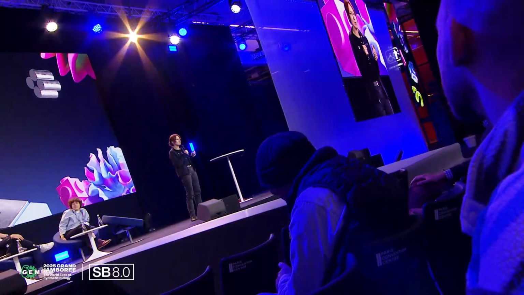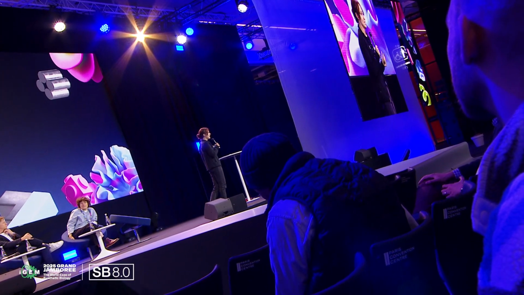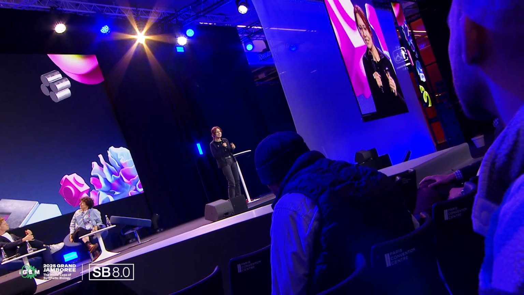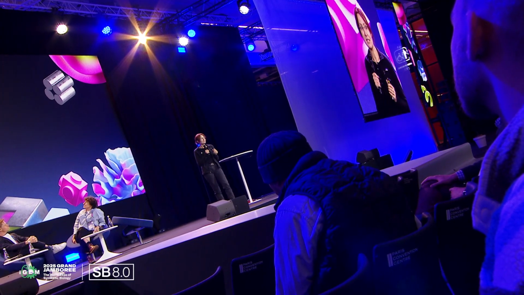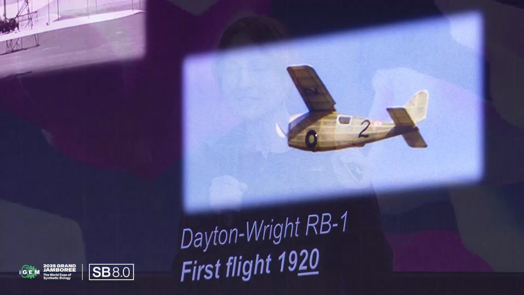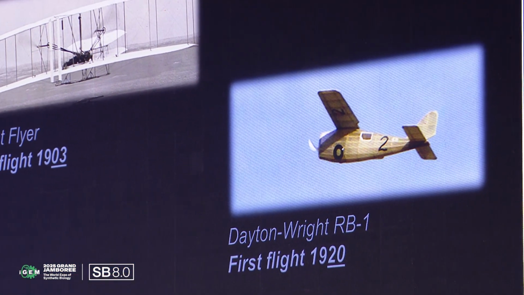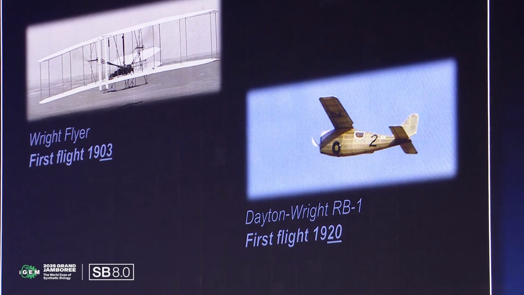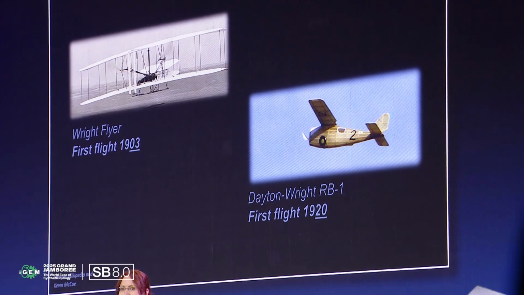Okay, so I said we have to do that by 2050, and some of you are probably thinking, no way, this is absolutely impossible. So I want to give you one example of how impossible can become possible in science and engineering. I think 2050 is actually an absolutely realistic timeline, because when you think what happened 100 years ago, in 1903, the Wright brothers built basically a flying bicycle with wings. And 17 years later, we had something that if you saw it in the sky today, you wouldn't even be surprised. It looks almost like a modern airplane. This is 17 years. This is the timeline from the introduction of the first Android phone till today.